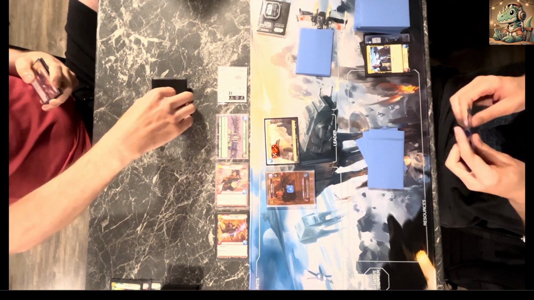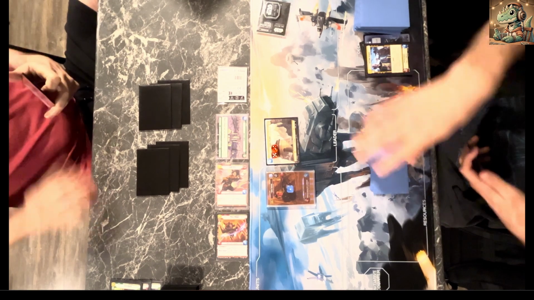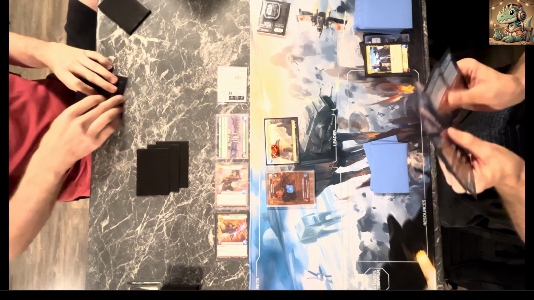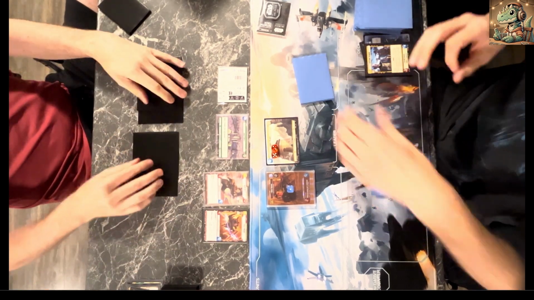So we're going to be still keeping that shield on the Iden. Only 7 damage on the base at the moment, so not much in terms of danger. Now we're going to be moving on into the 7 resource turn. This is the turn where U-Wing or Kelleran can come down, so the best bet here for Han would be